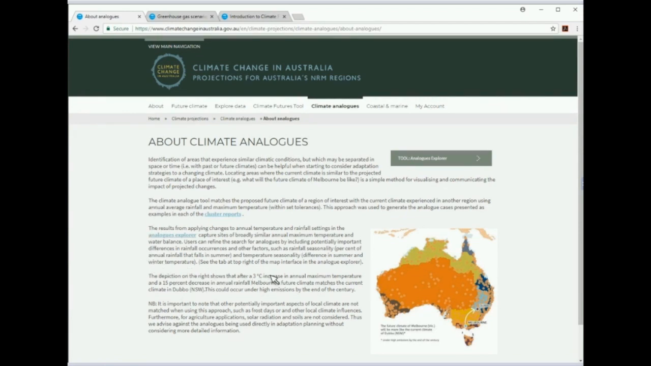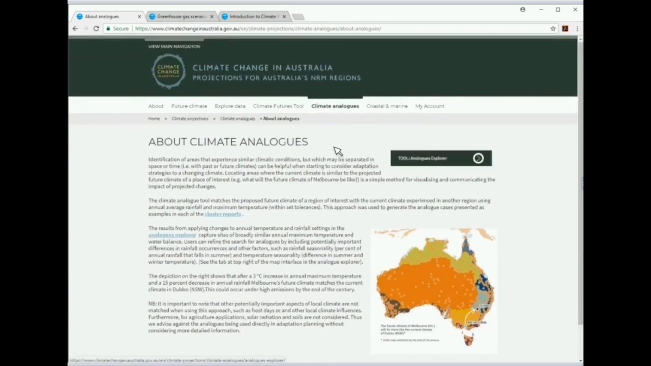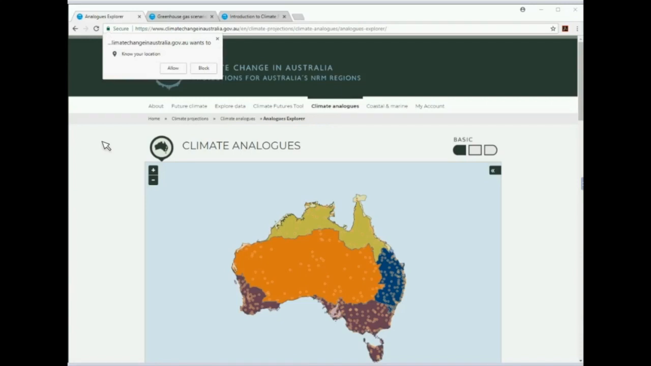Okay, so I'm going to hop into the tool now. There's a button here that we can click to go in, or we can go back to the menu and click on Analogues Explorer. Either of those takes us to the same place. Now, depending on the settings of your browser, this is one of the new features that we've just added. It can be location aware. So if you are happy for the browser to know your location, you can click allow, or, depending how your browser's set up, you may not see this prompt. So I'll click allow,